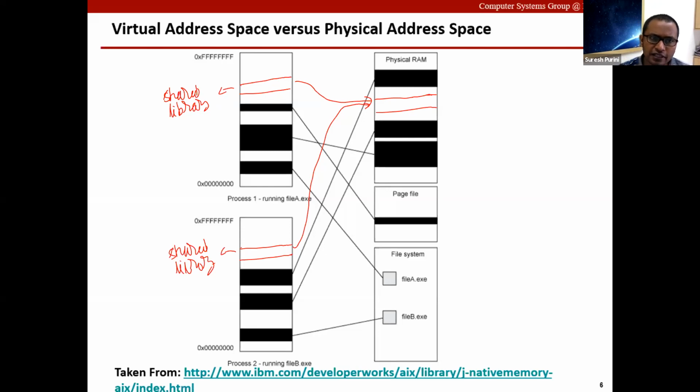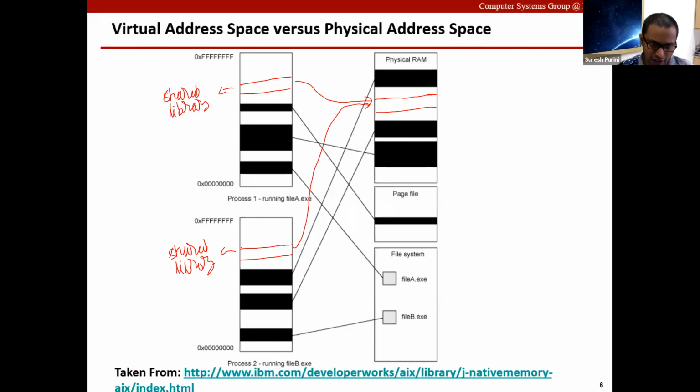This logic applies not only to shared libraries. If you take, for example, the Chrome browser, you can have 30 tabs of Chrome browser. For all the 30 tabs, the text segment could be common, because they are all coming from the same program, and they can possibly share the same physical page.